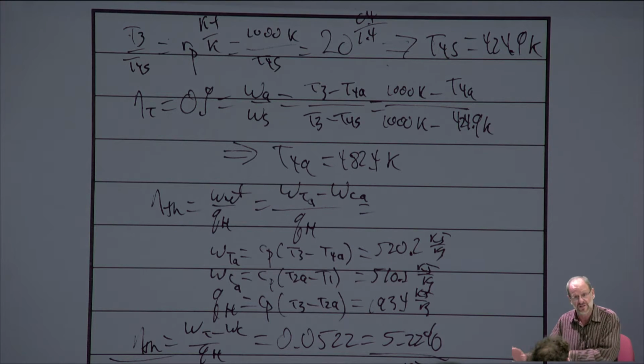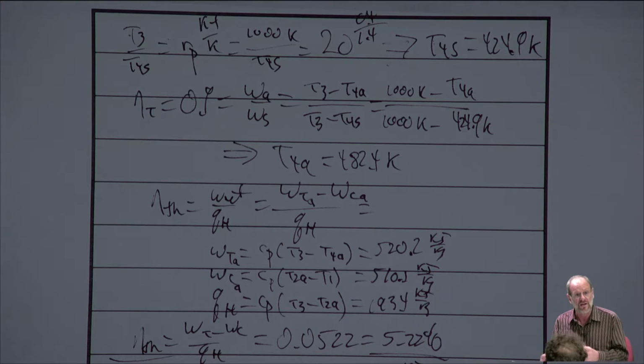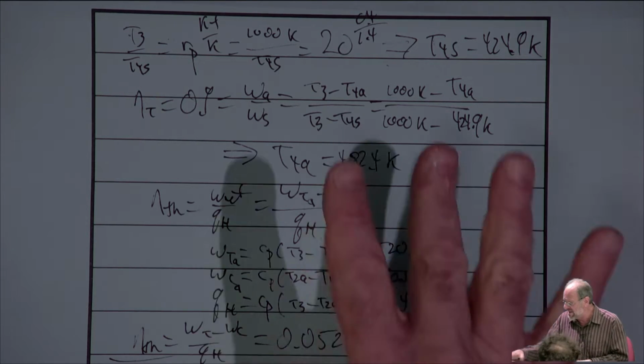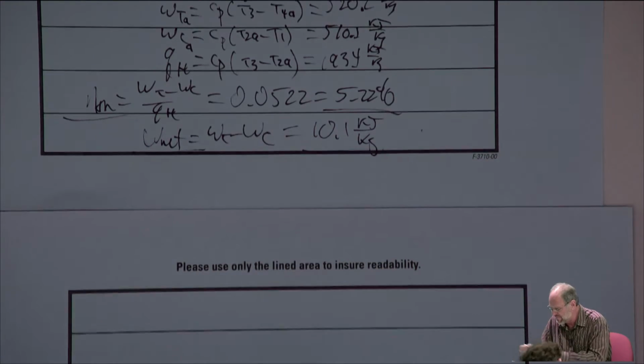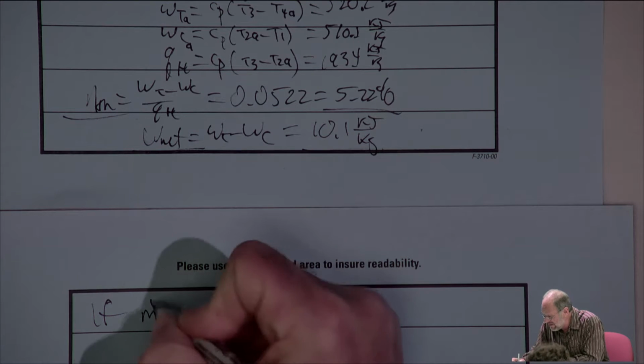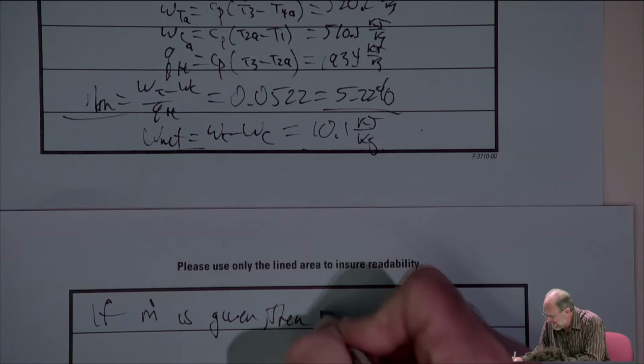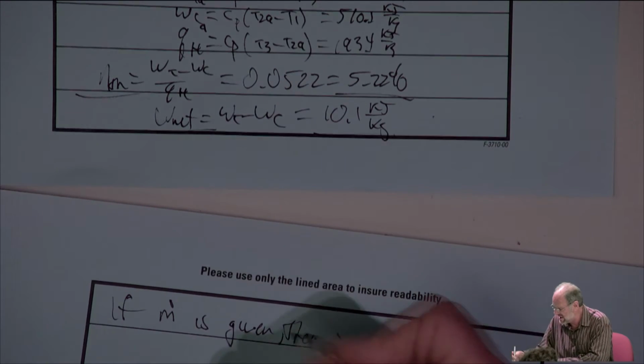Now, one reason that I also solved it this way is because this problem may not be the end of a problem that would be similar to this one. For instance, what if I had asked you for the rate of heat input, or the mass flow rate, or the actual power, the rate that work is being done? Then we need some other relationships, right? So for instance, one thing I could have done in this particular problem is given you the mass flow rate. So if m dot is given, then we could find such things,